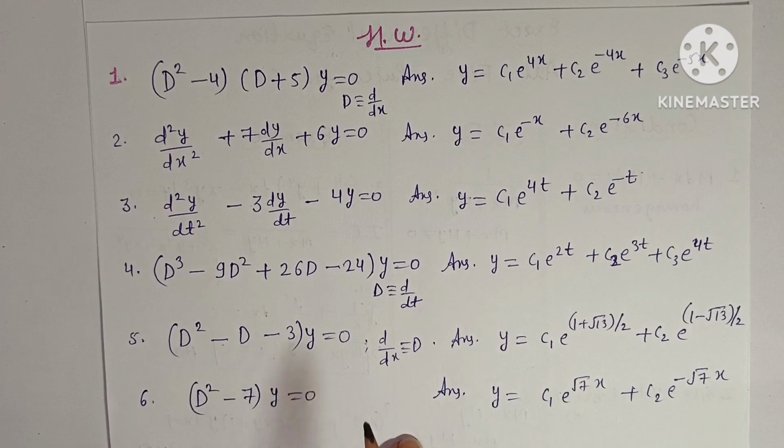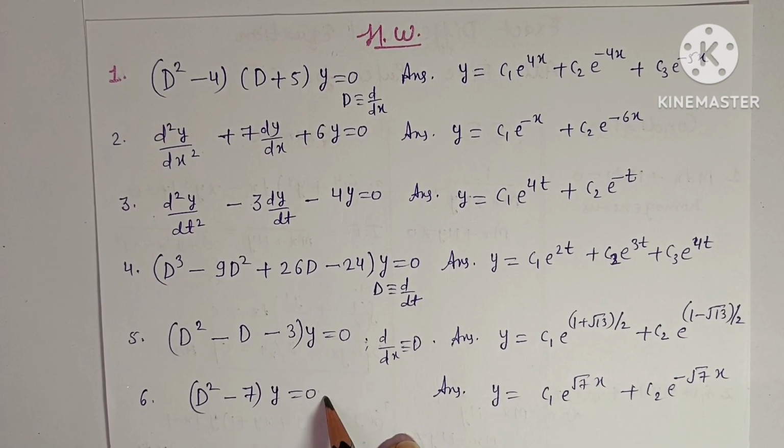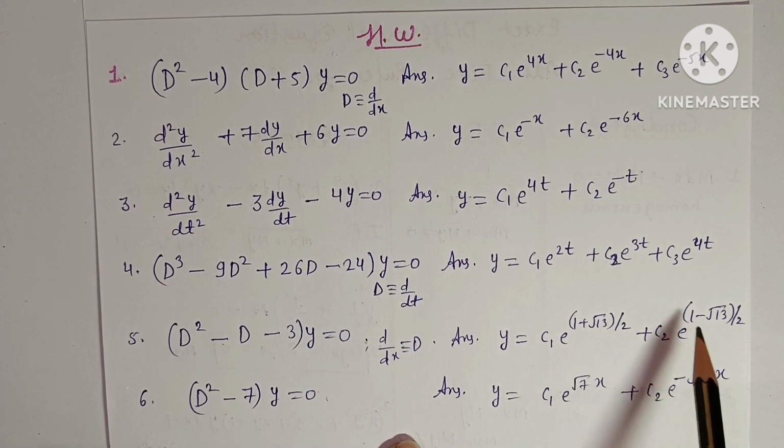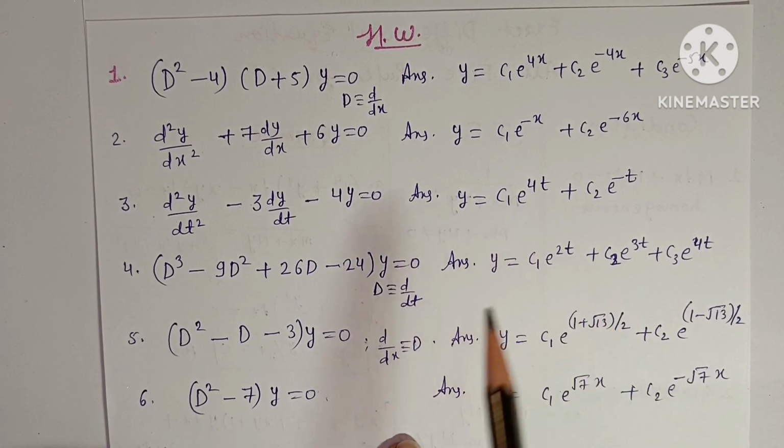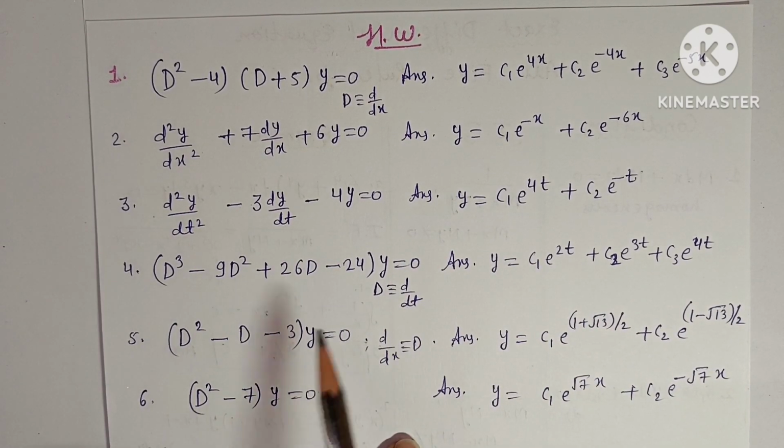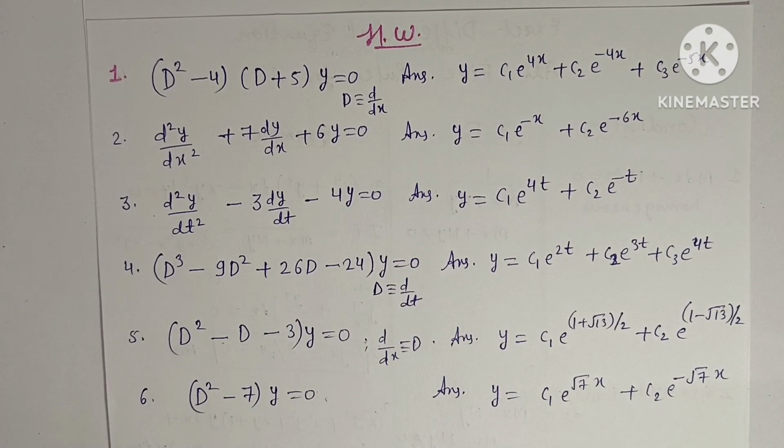One point you can notice here is that in these two examples the roots are under root, meaning irrational. This rule is for real roots, so roots can be rational or irrational, and the same thing will be followed. In some books the solutions are given in terms of hyperbolic functions, cos hyperbolic and sin hyperbolic, but that is the same. You don't need to write in terms of hyperbolic, you can also use exponentials, because both are equivalent. In the next video you will learn when roots are real and repeated.